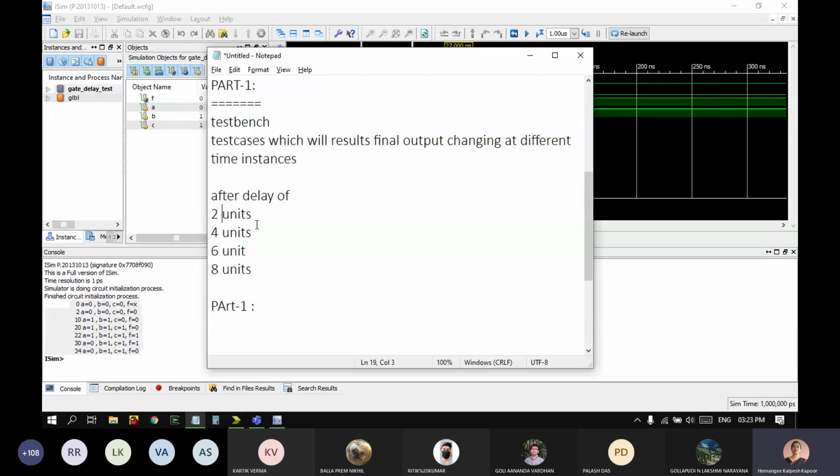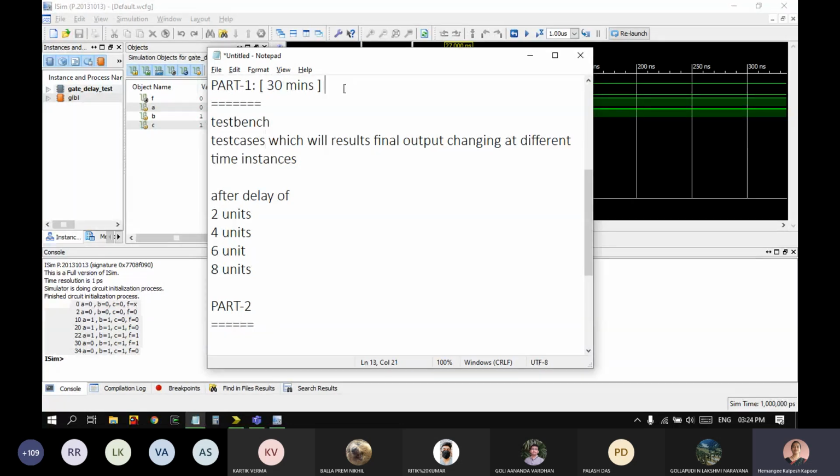You can use pen and paper, think critically, try to find out the test cases and then show it in the waveform. So this is just going to take half an hour for you. That's the estimated time normally taken on average by the students. So I am estimating a 30 minutes time limit. You can take more time, no problem, but I'm giving you an estimate. So this can be done in 30 minutes and then you have to get it evaluated and so on. That would take some time. So suppose we start this at 3:45, by 4:15 onwards you can start the evaluation.